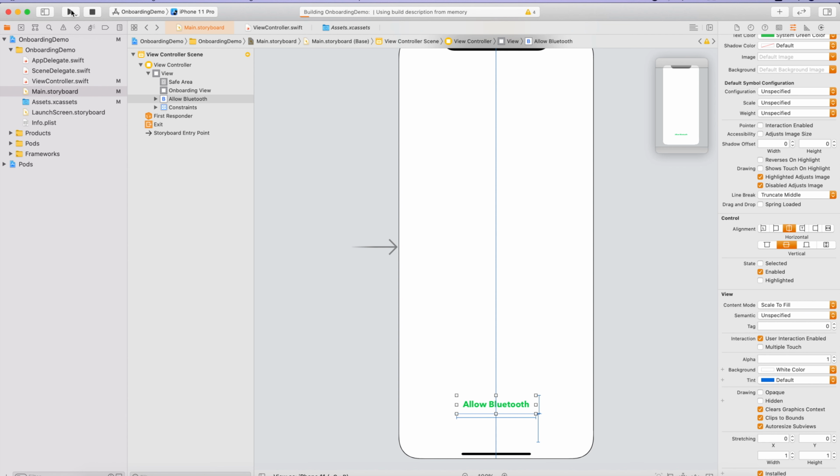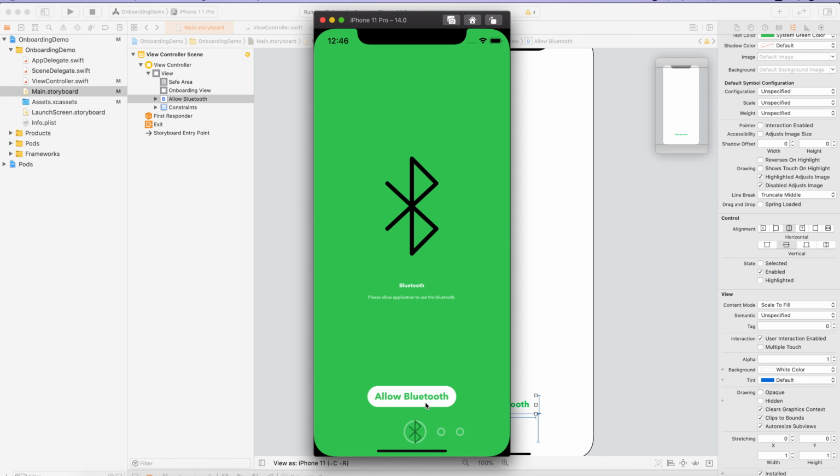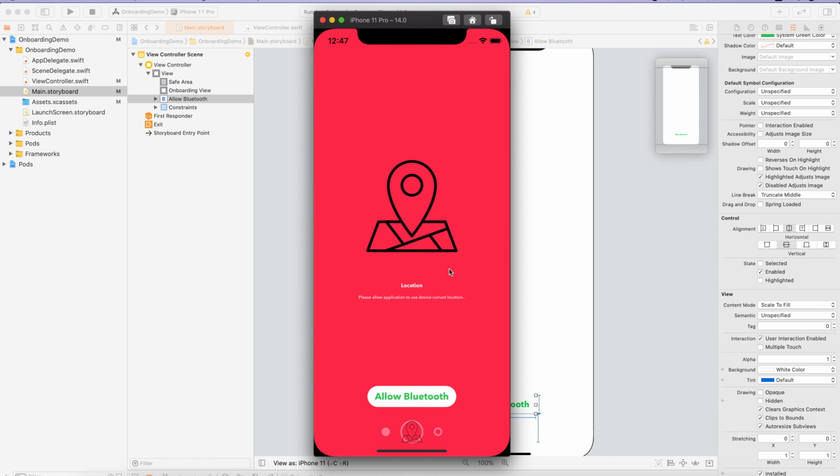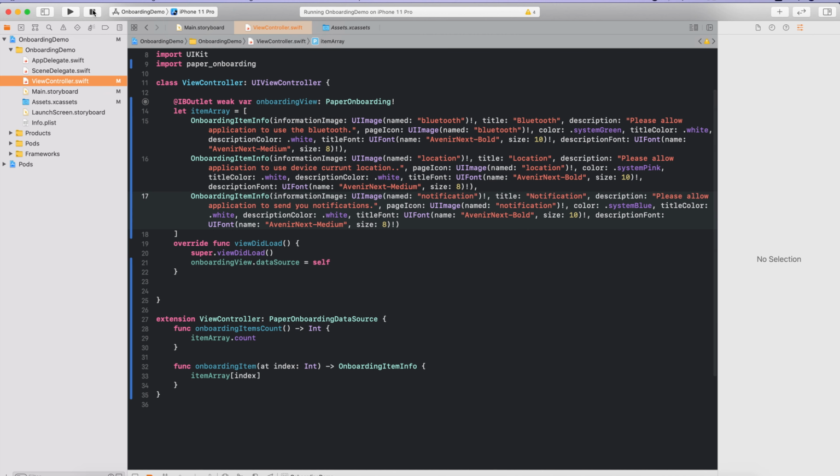Let me try to run it. Now it should appear here like this. Yeah, and you can actually connect your actions from here, and when the user clicks on allow Bluetooth, it should ask for the permissions. Okay, but you can see even if I am navigating to other screens, it is still here. So what you have to do,